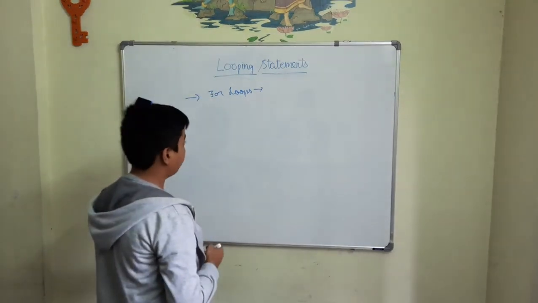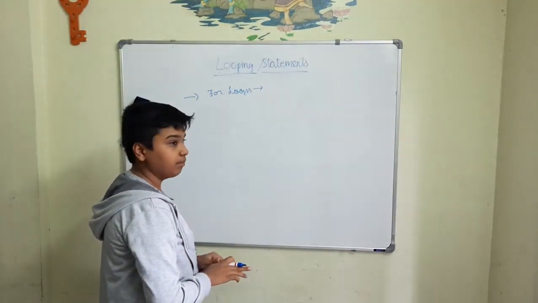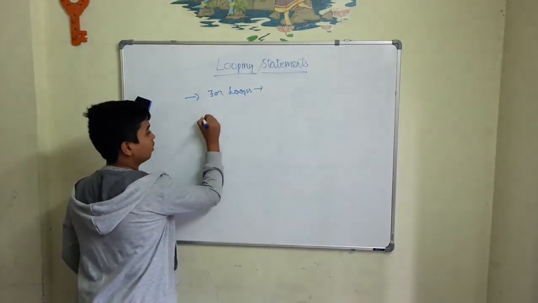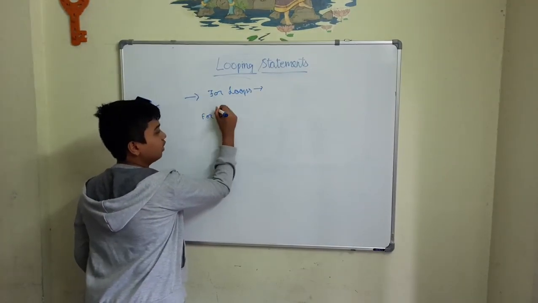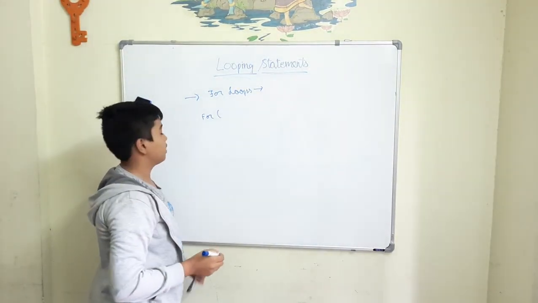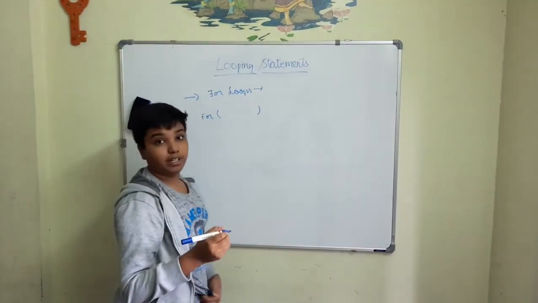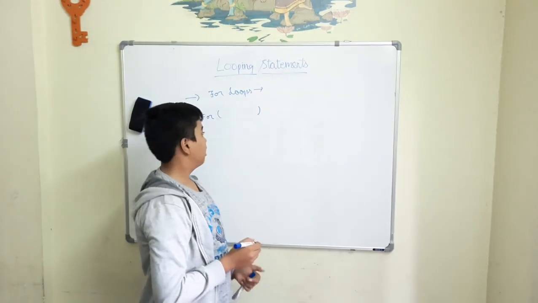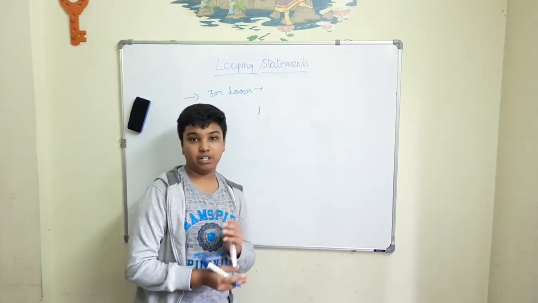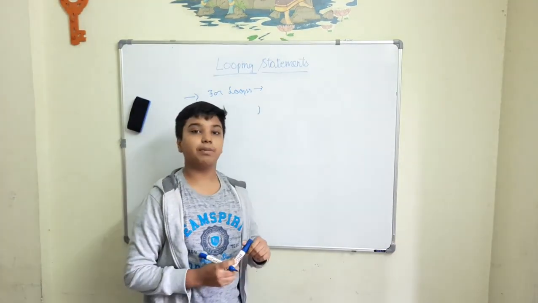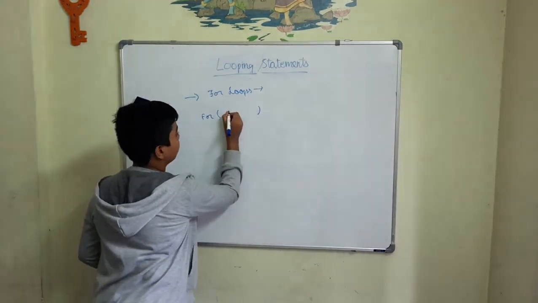So for the for loop, the syntax is simple. As it's a function, for has a parenthesis and expects parameters, right? And these parameters are separated by semicolons. Like in English, you separate parts of a sentence by commas, for the for loop parameters, you should separate them by semicolons.